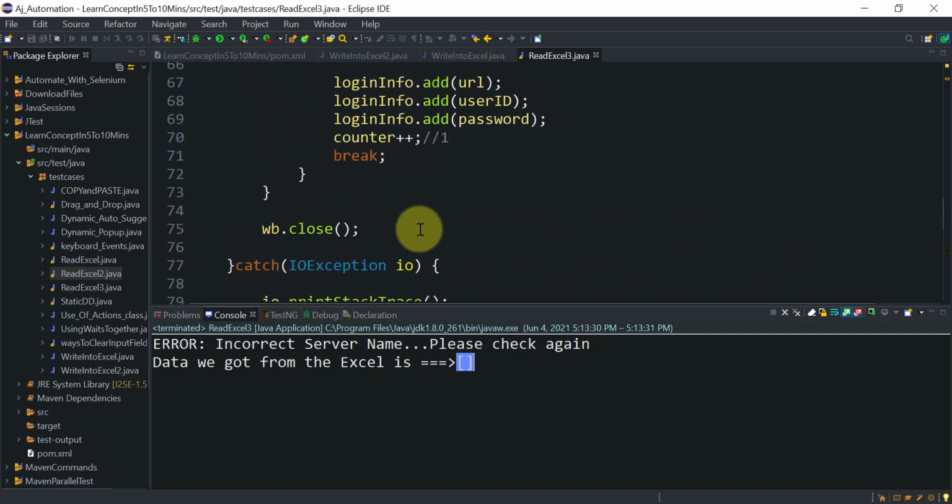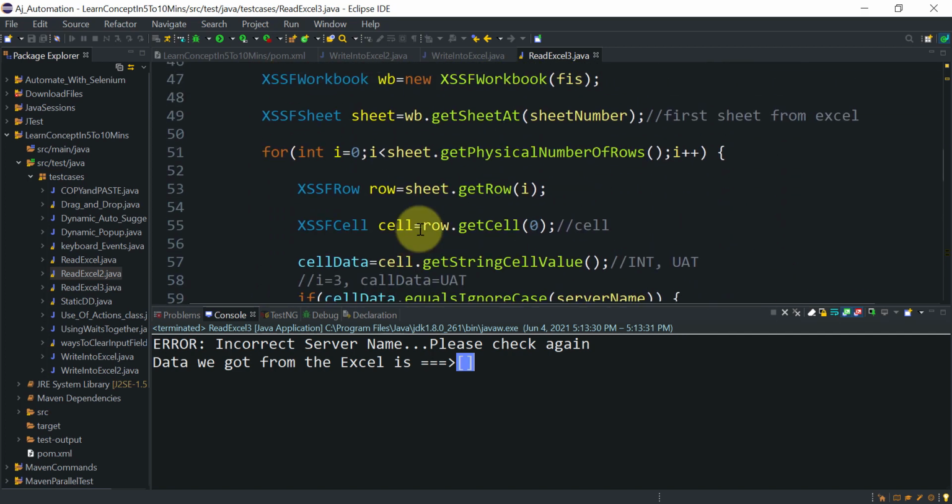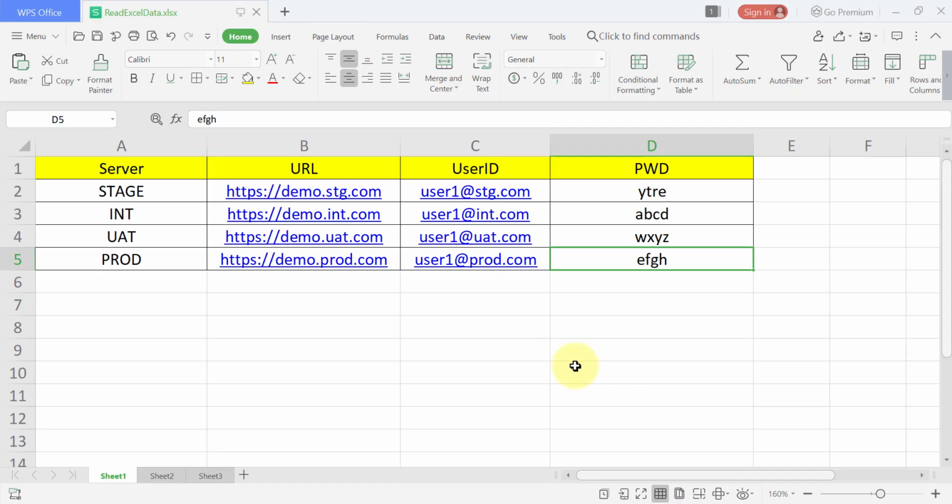I hope you understand this code. You can use it if you want in your actual project. If you are doing some scenarios like this, where you want to run your test case on different environments, and obviously your user ID, user password, URLs are dynamic in nature, you can get the data from external files, and depending upon the server name, you can read it.